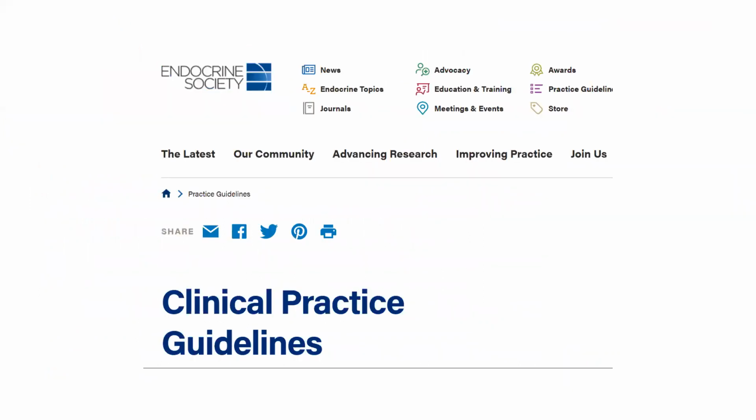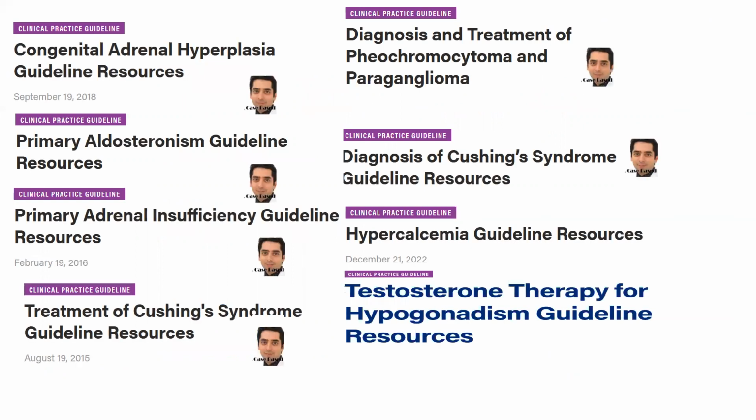Going further, now Endocrine Society guidelines are US based guidelines, but all the endocrinology topics are covered in these guidelines. And that's why even for the SCE exam or European board exam or any endocrinology board exam, Endocrine Society guidelines should be looked into for all the endocrinology related topics, especially because most of them are not part of the other guidelines. So these are the important guidelines which are already covered by me and they appear frequently in the exams as questions: